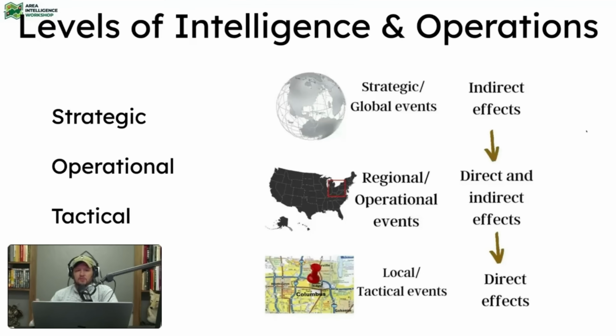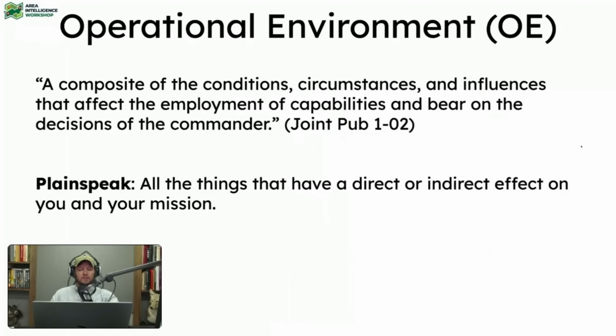When we win a string of battles, that's called a campaign. A military campaign is a string of battles and tactical engagements. And when we win the string of battles, we win campaigns. And then when we win a string of campaigns, we can win the war, which is the strategic level. So all of this starts with the tactical level. We have to win at the tactical level if we want to win at the big picture strategic. All right, I hope that makes sense to everyone. If not, ask a question.